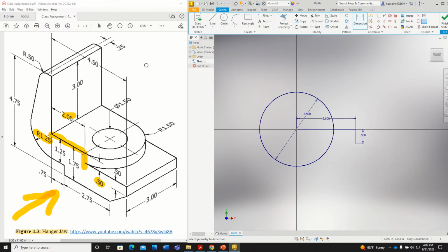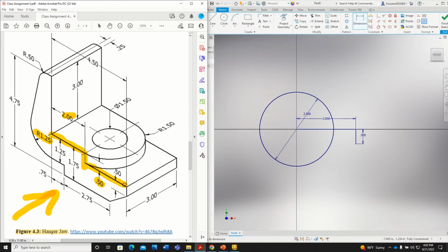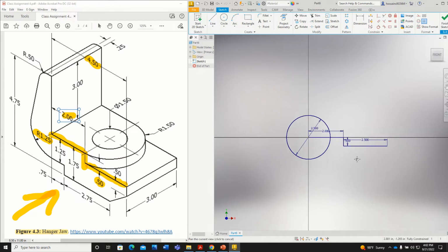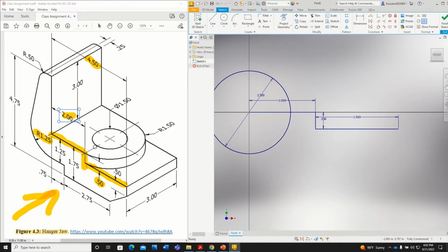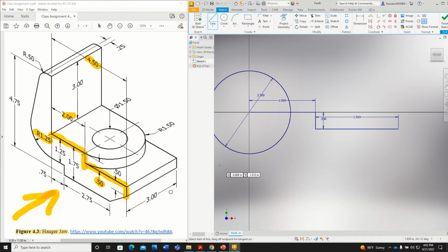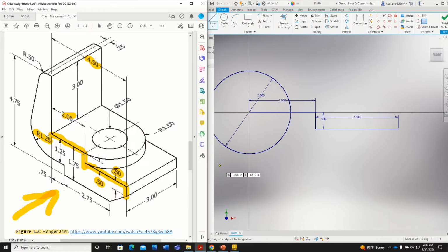Now find this portion of the line, which you can find from here, 4.5 minus 2. So we can find it from there, 4.5 minus 2, which is basically 2.5,